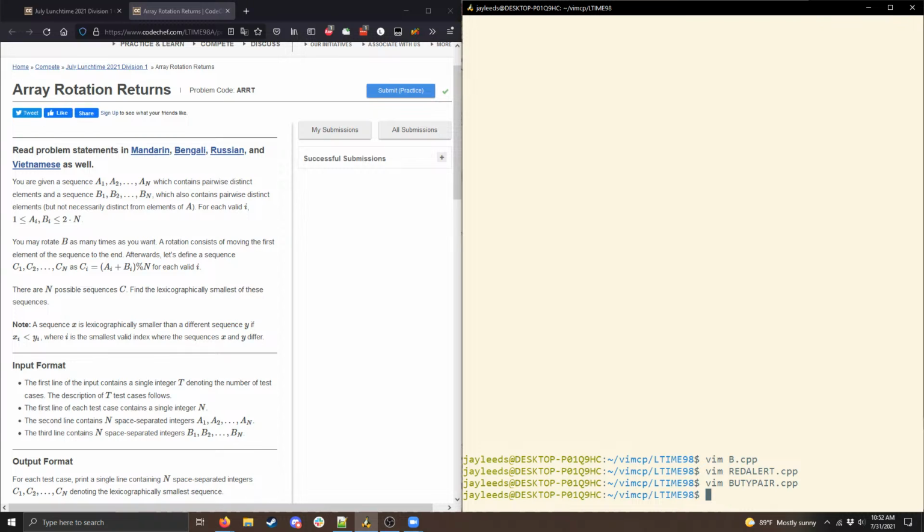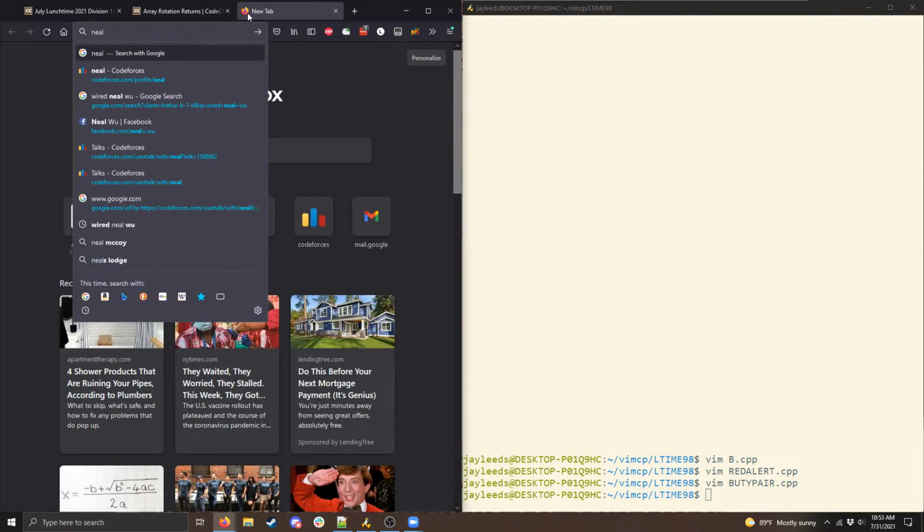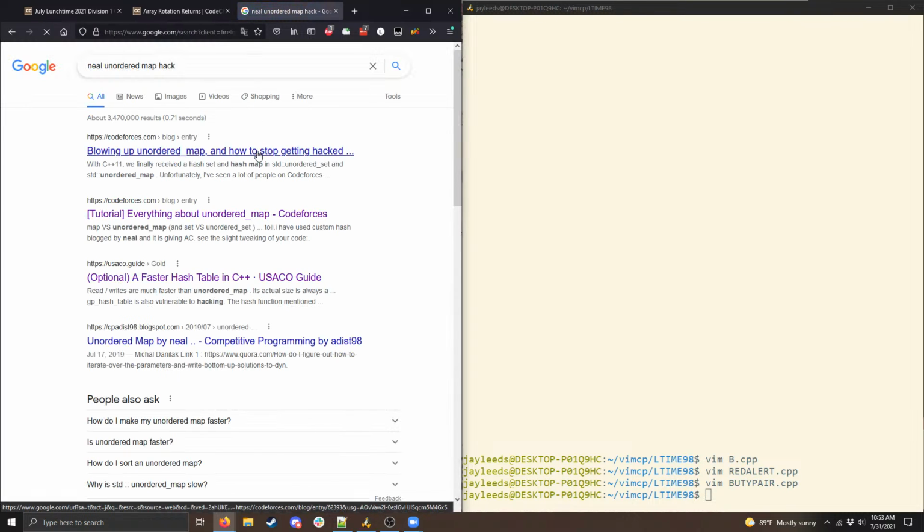Oh, and it looks like there are a few questions before we start with this. So it says we can just take unordered map to get an O of n solution. Yeah, that's definitely something you can do. The reason I didn't do that is that the unordered map can have a very high constant factor, and if you aren't particularly careful, then it can be hacked. Neil has a good article about this on CF. Yeah, I'll put a link to this in the chat.